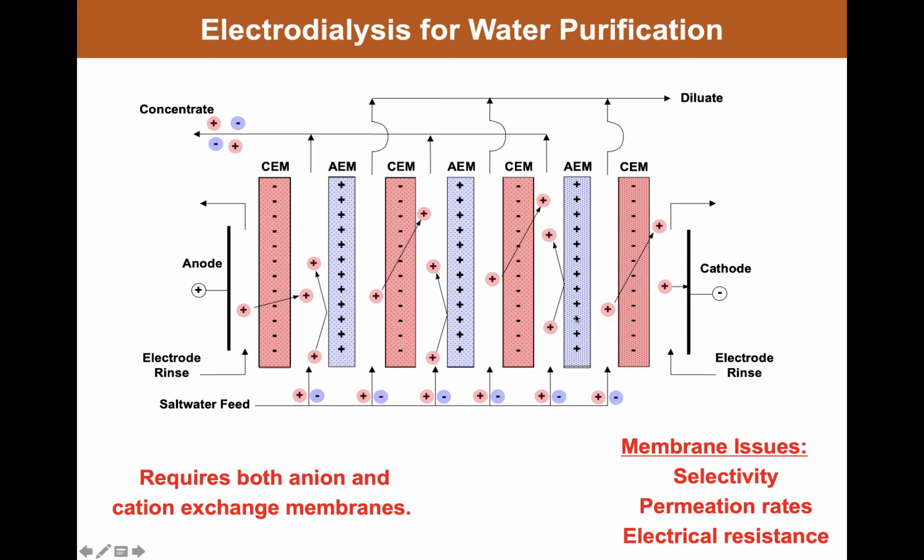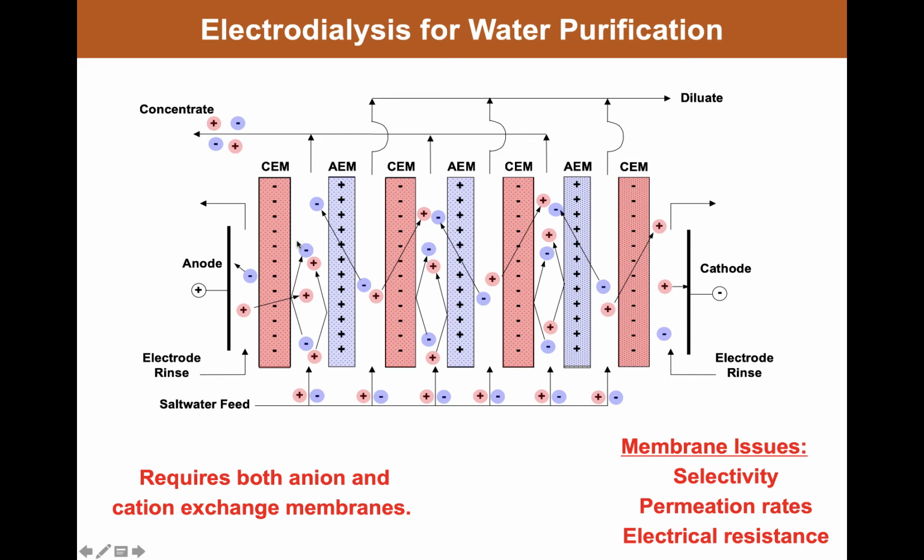The same charge ions repel one another, so the cations are repulsed from the anion exchange membrane. Now, at the same time, the anions are trying to work their way from right to left to get to the positively charged anode, and they can go readily through the anion exchange membrane because they have opposite charge to the charge on the backbone of the polymer, that is the anion exchange membrane, but they're rejected from the cation